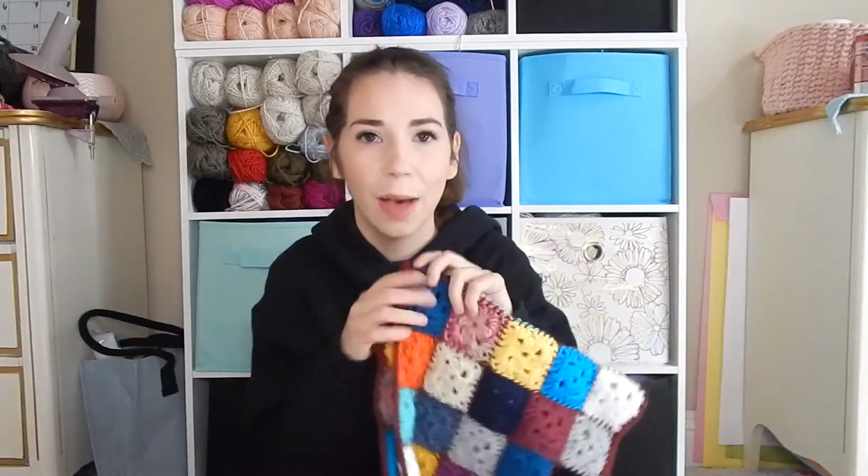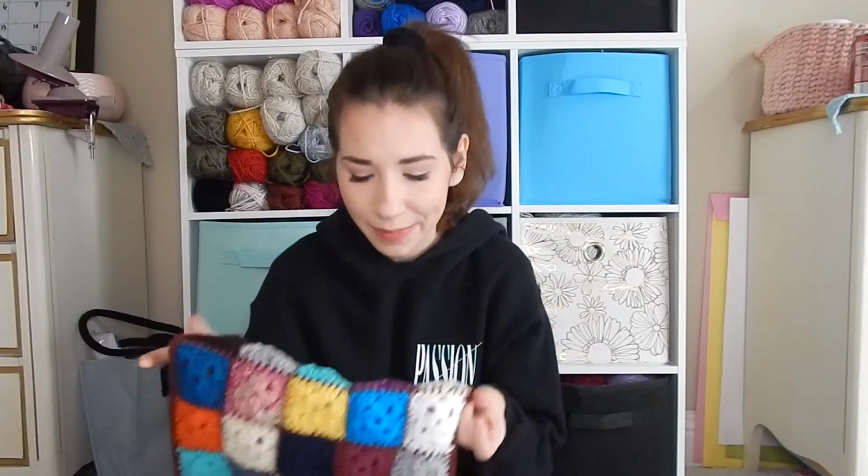You can definitely make a one-of-a-kind cowl if you use your scrap yarn, but you also can make a really cute one if you use a certain color range. And then you just do a little nice border around the top and the bottom just to kind of even it out and bring it together. And this one is also a super fun make, and it will not take you long to make it all